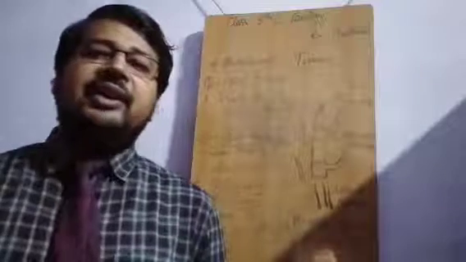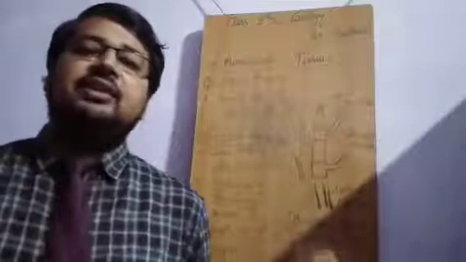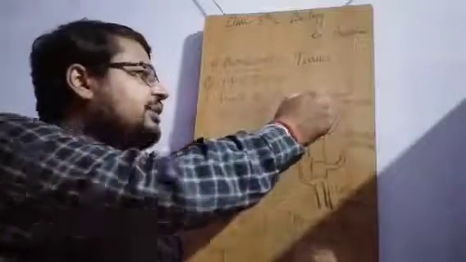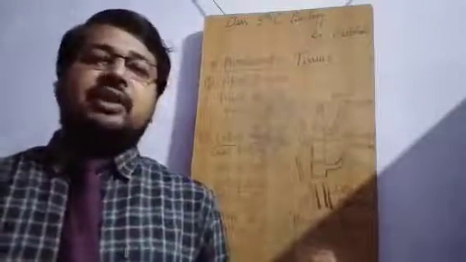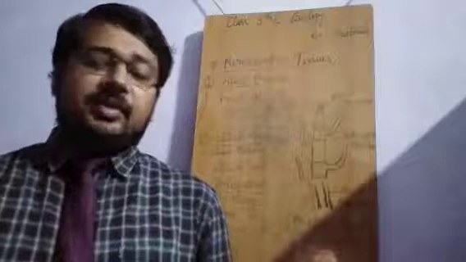In some parts the growth will not be that significant, but in the topmost part of the plant you will very easily find the growth day by day, because the cells are dividing at a very fast rate. Continuous cell division is there. The significance of this apical meristem is to elongate the length of the plant.